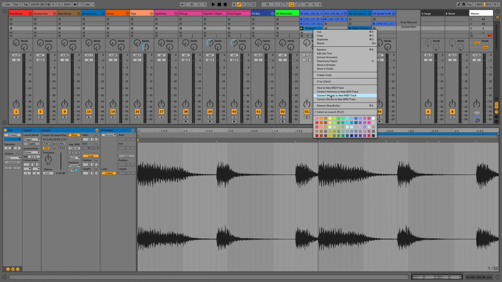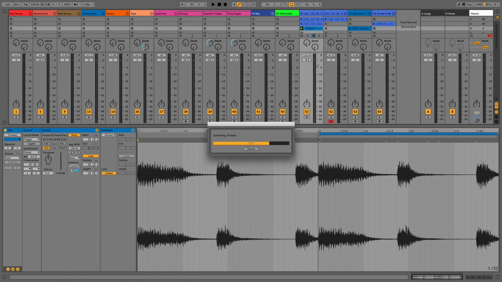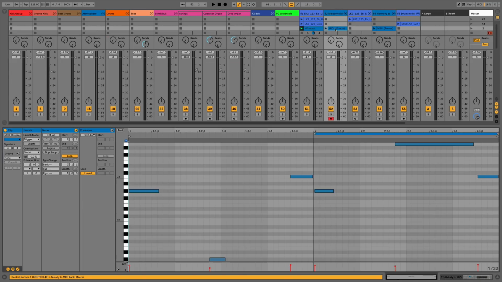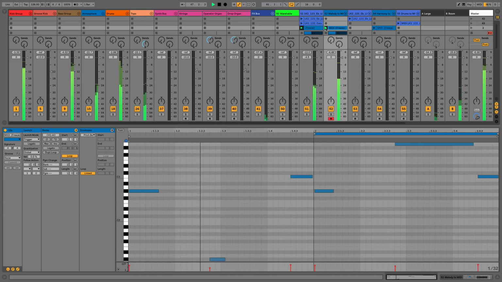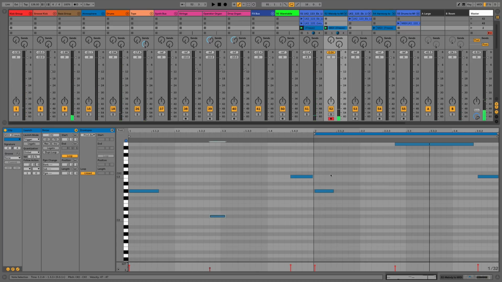So we'll go back to this piano sound and we'll go convert melody, and it's going to take these timing values and make this a monophonic note sequence. So this is quite good if you're trying to capture timing values or find out the notes of a bass part.